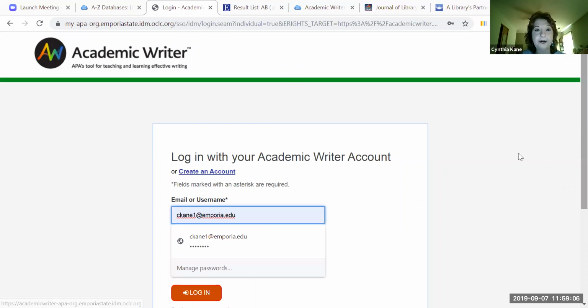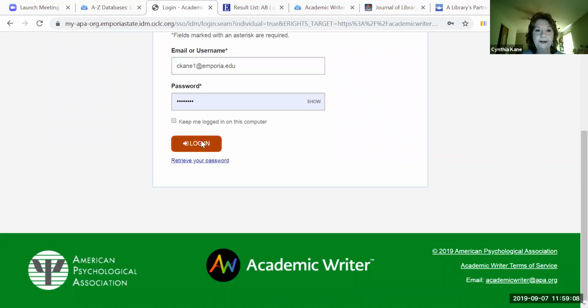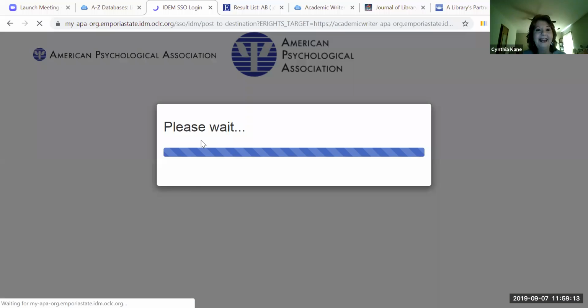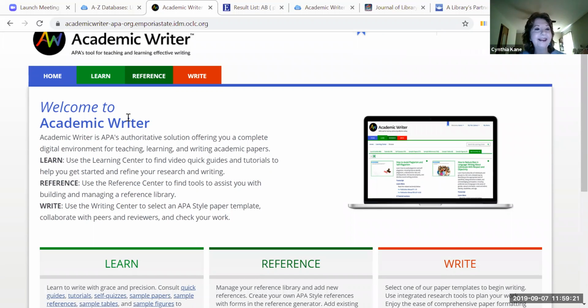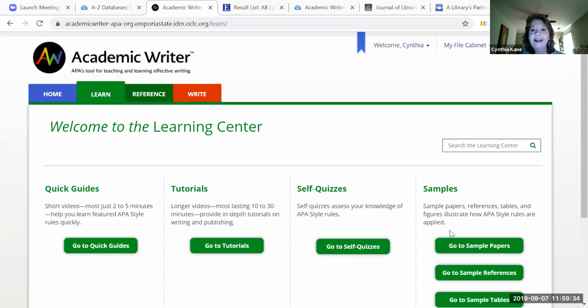There are actually 3 centers in here. So it takes about 5 seconds to create a free account. And the nice thing about this is that the 3 centers actually cover pretty much everything you would need to know about APA style, plus helping you write papers. So the Learn Center will actually give you quick tutorials, quick guides, and also